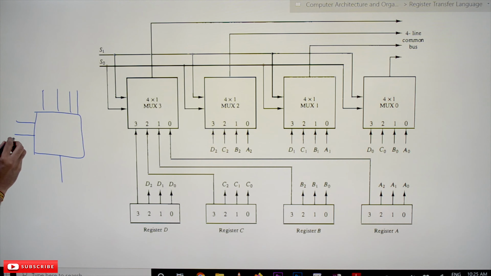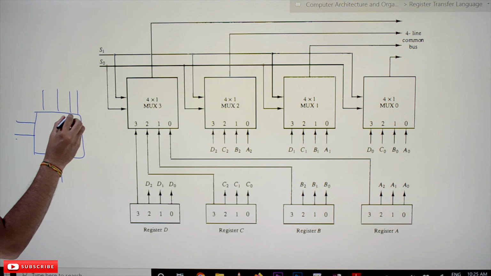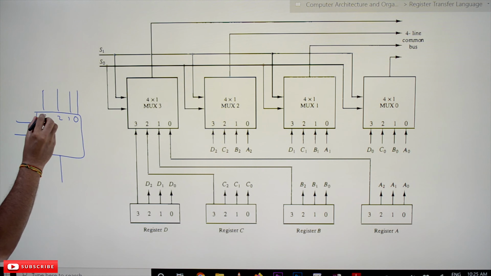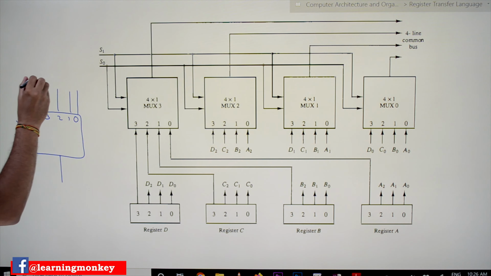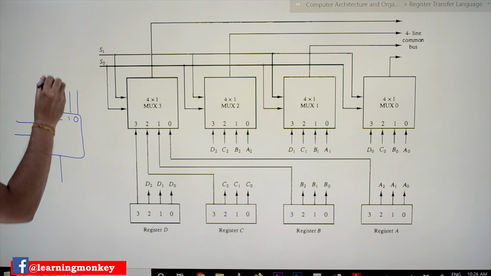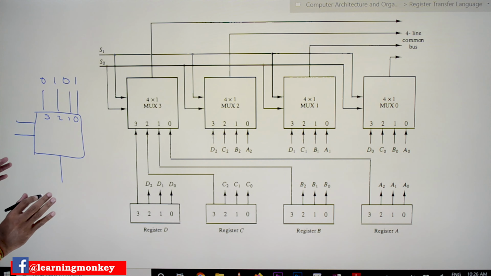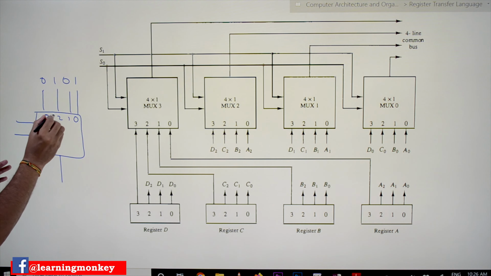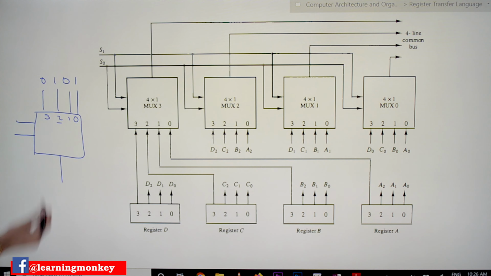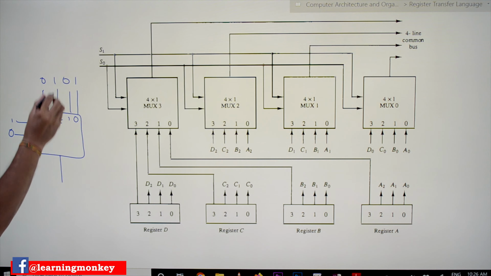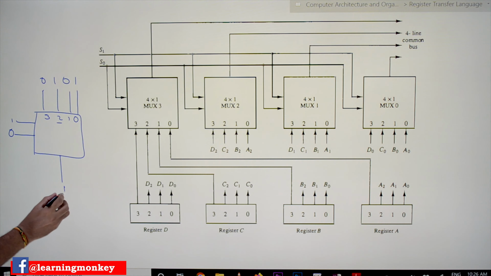These input lines are 0, 1, 2, 3, and let's assume the values present on these input lines are 0, 1, 0, 1. Now I want to get the value which is stored on input 2. The value on this input line has to be sent as the output. In order to do that, I provide 1, 0 as the select lines, so that the value on this input will be produced as the output.